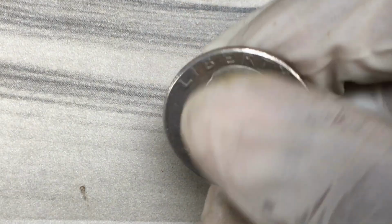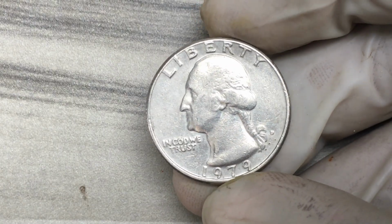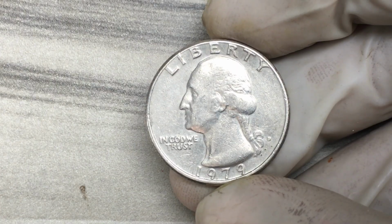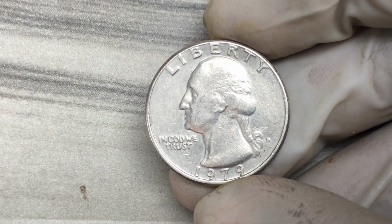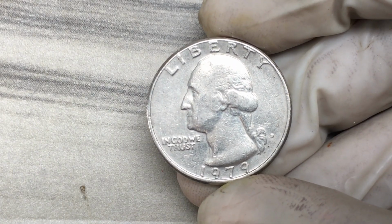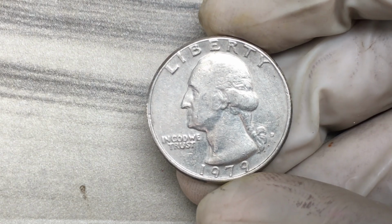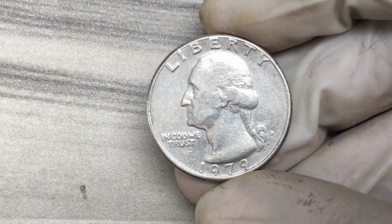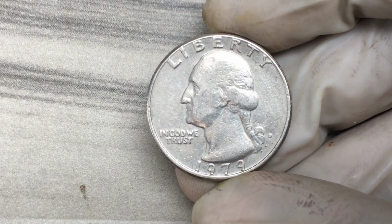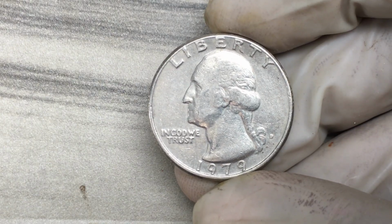Let's start with a little background. The Washington quarter has been around since 1932, introduced to honor the 200th anniversary of George Washington's birth. By 1979, the coin had become a staple of everyday American currency. Now, most 1979 quarters you see in circulation are worth just 25 cents. They were minted in the hundreds of millions, so they're common. But what sets certain coins apart, what makes them worth